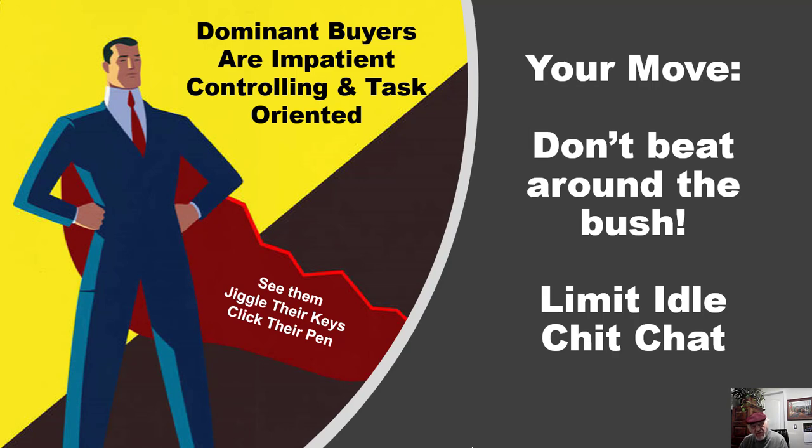You'll notice they're very, very high-strung in that they're fidgeting with whatever's around. They've got keys, they're jiggling them. Got a pen, they're clicking it. A cigarette lighter, like in The Godfather, where